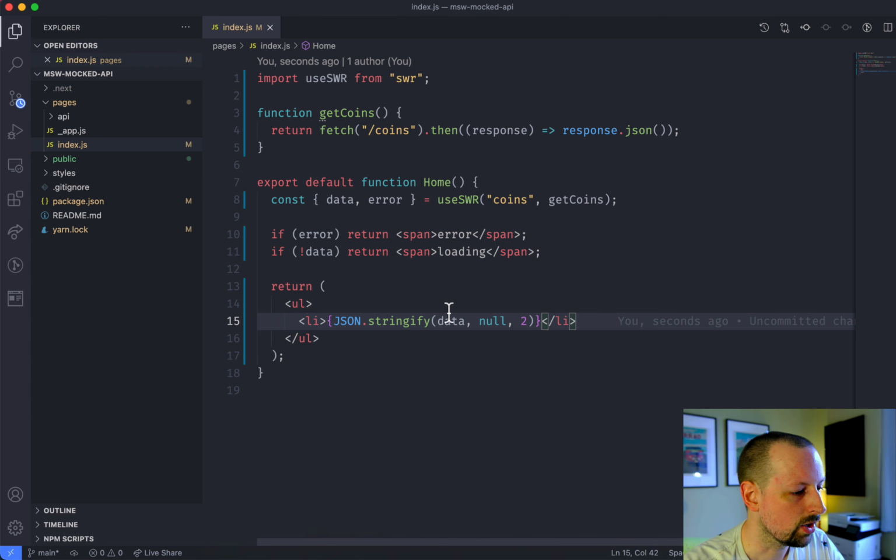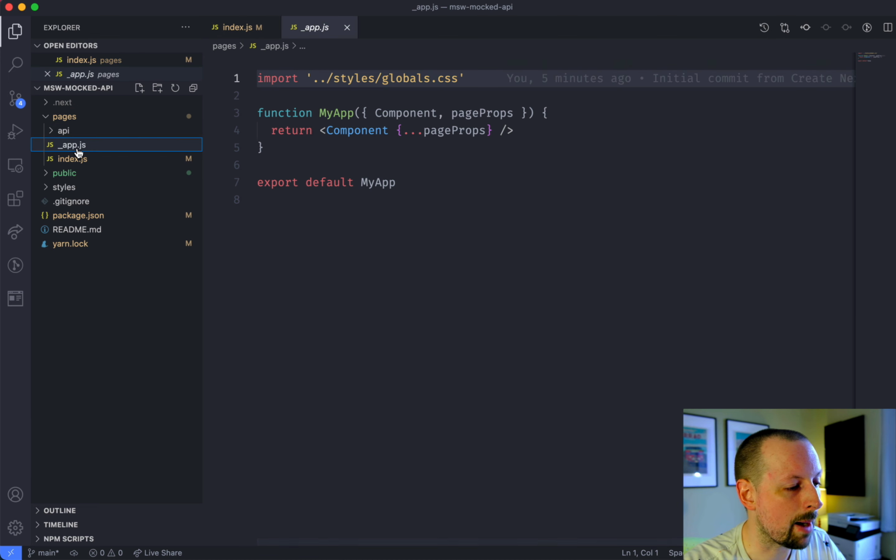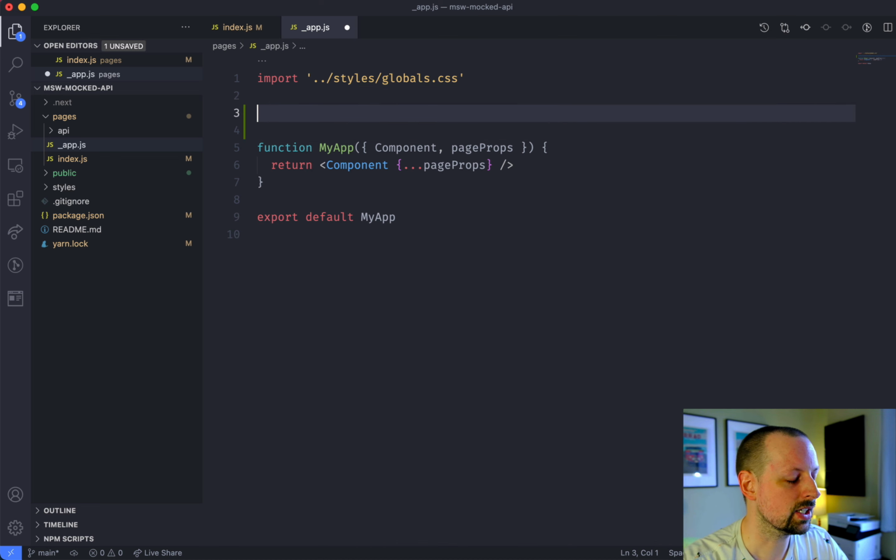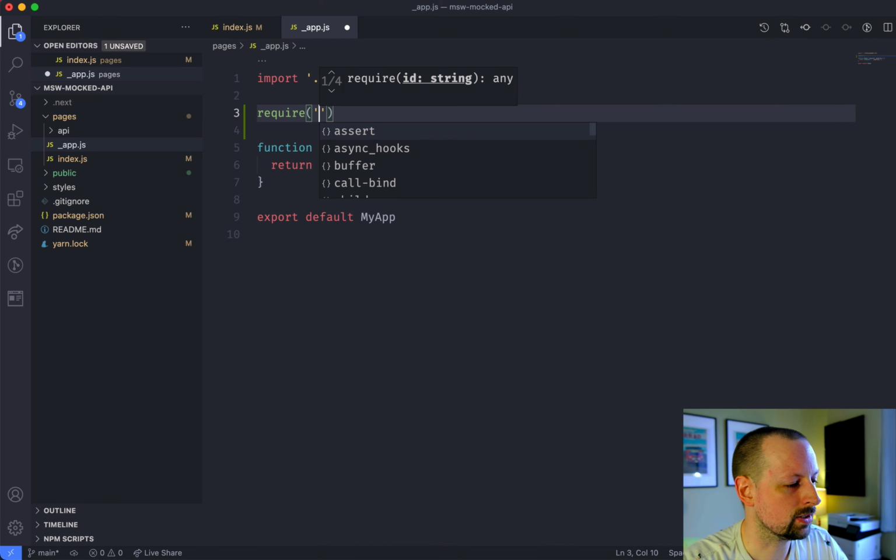Thanks. So mock service worker needs to be initialized in a central place. So yes, we could put it here in this index file, but then it would only be available on that page. So I'm going to do this inside of the _app file, which is global on Next.js. It's something that's called and is wrapped around every page. So in here, what we're going to do is we're going to require